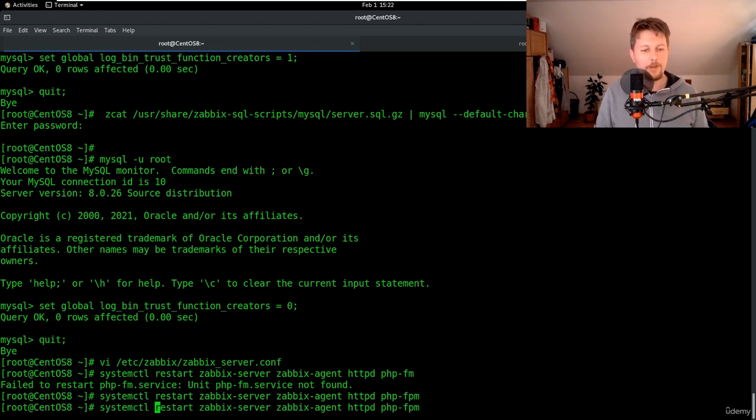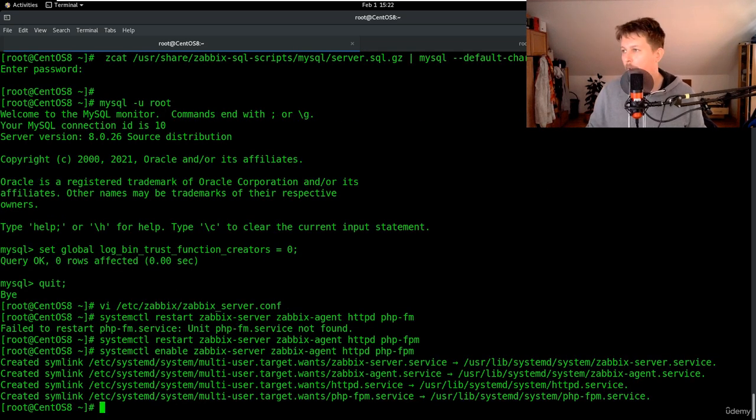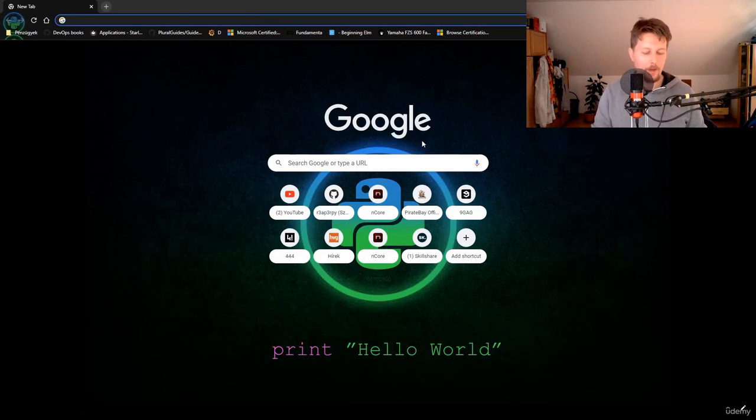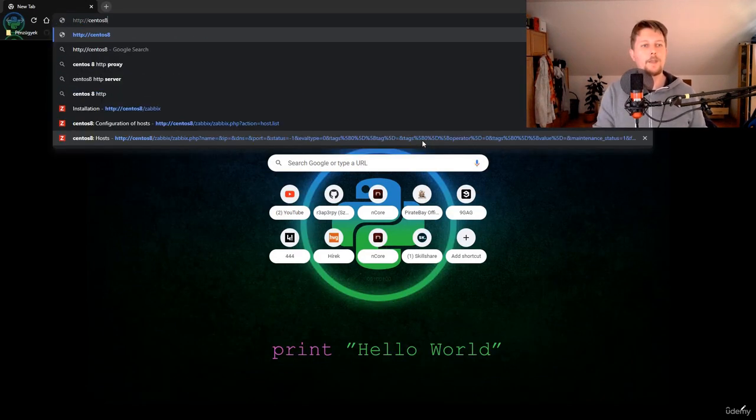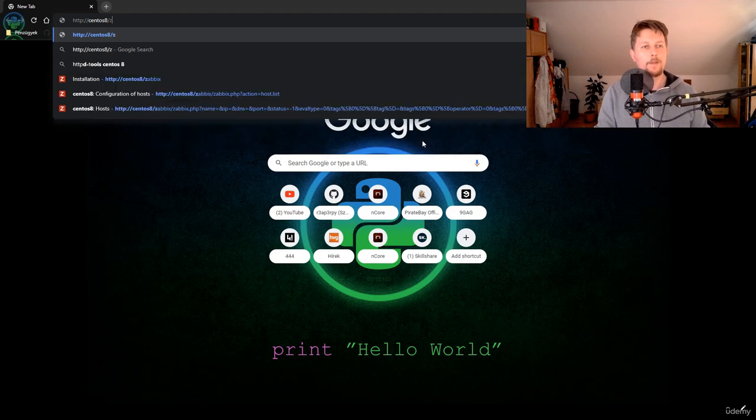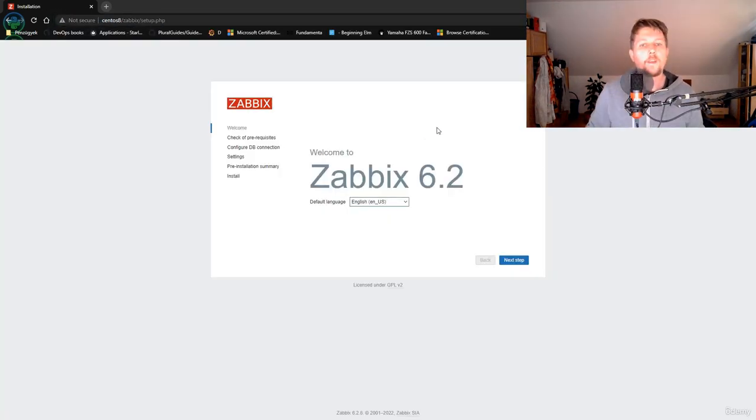And we can also enable these services. And if everything goes well, I'm going to open up a browser and go to http://centos8/zabbix. And voila,